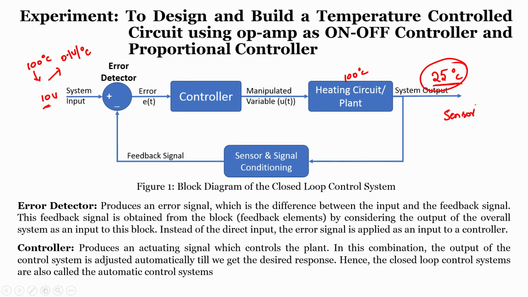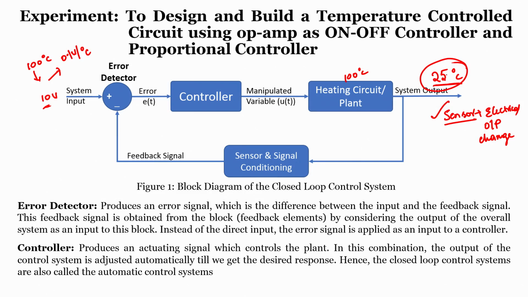So, if you recall the difference between the sensor and the transducer, a transducer which converts one form of energy into any other form of energy is called a transducer. Whereas the sensor is nothing but any physical input, any form of input, converted into electrical output change. It can be resistance change, current change, voltage change, impedance change, anything. So, the system which does this particular functionality is nothing but a sensor.